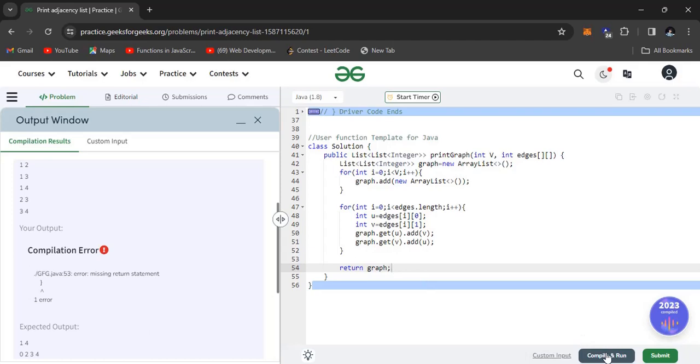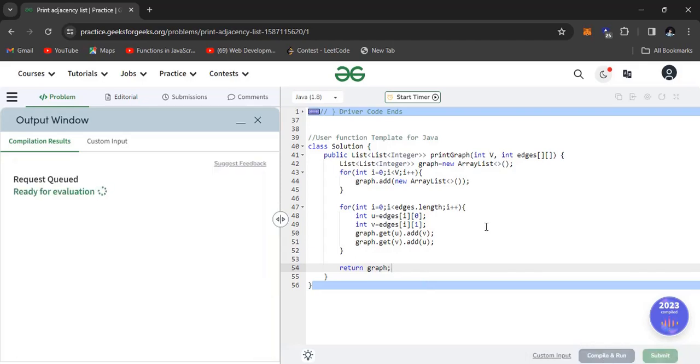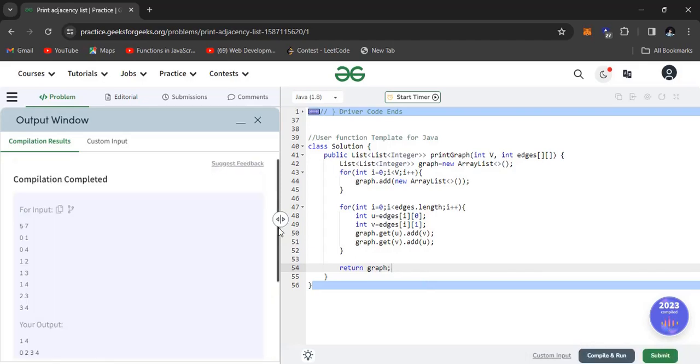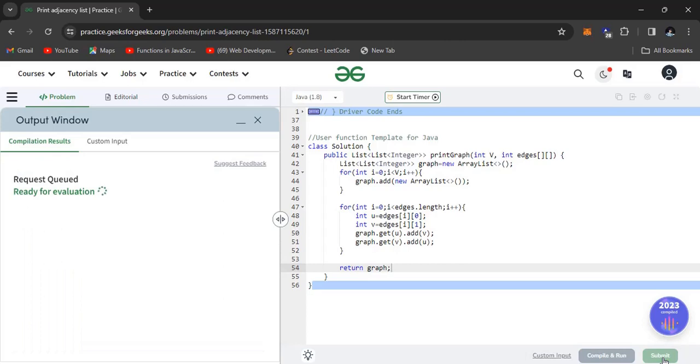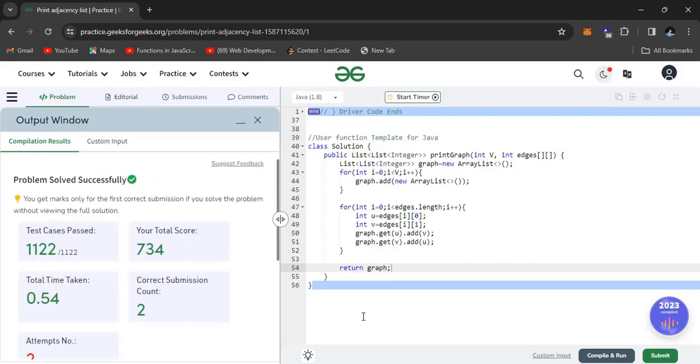This should run. Yes, now let's submit and check whether it is right for all test cases or not. Okay, done.